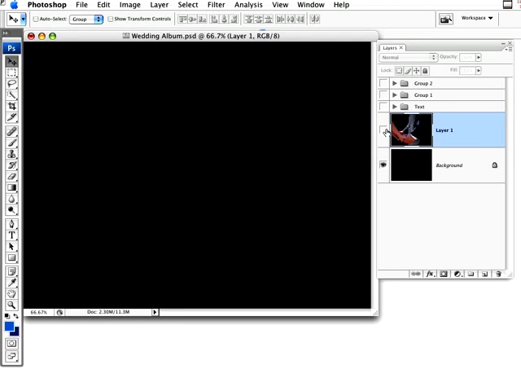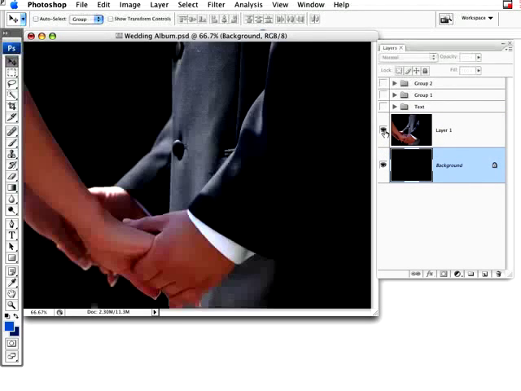At least creating the base of a template for you to be able to put other objects and other photos on. So what you'll do is just start out with a blank document with a black background. And then on top of that, go ahead and import, move into your image some type of a photo. And chances are you don't want it to be one of the focal point photos. You just want it to be a picture of the hands or maybe the shoes or the dress or something